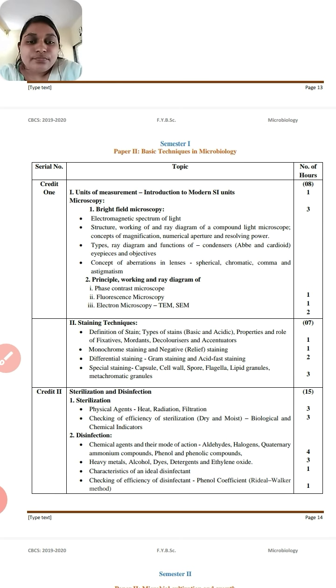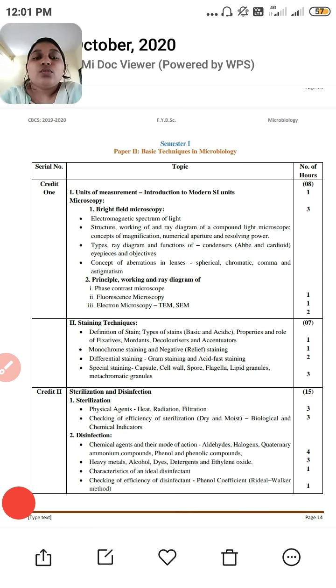Then after that we will check again, as in sterilization, here also we need to check whether the disinfectant is working properly or not, it is tested first. So that is called the indicators. This efficiency of the disinfectant can be checked using the phenol coefficient, and there is one method given which is called the Rideal-Walker method. Using this method we can check if our disinfection method is working properly or not.